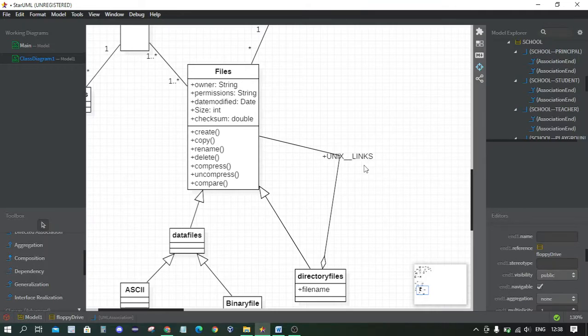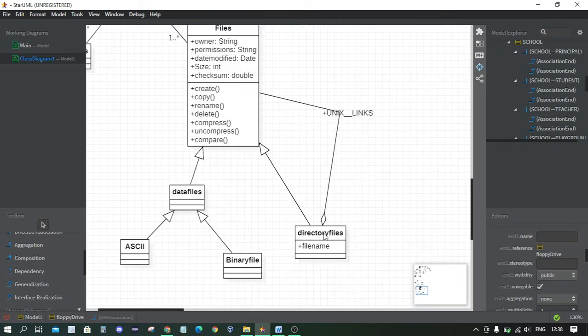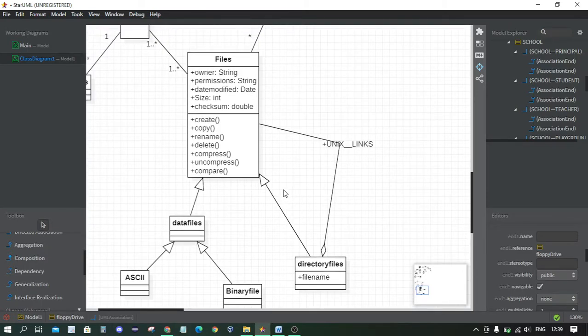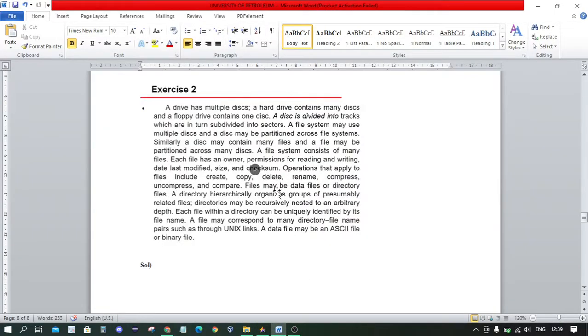So I used the aggregation relation between files and directory files through Unix link. What exactly it is saying is that a file may correspond to many directory file name pairs such as through Unix link.